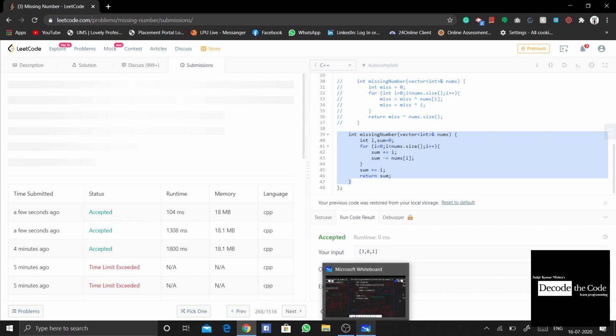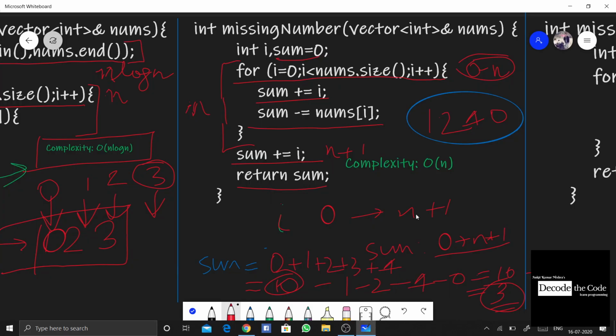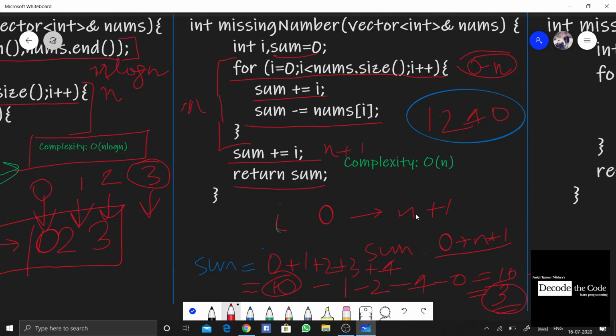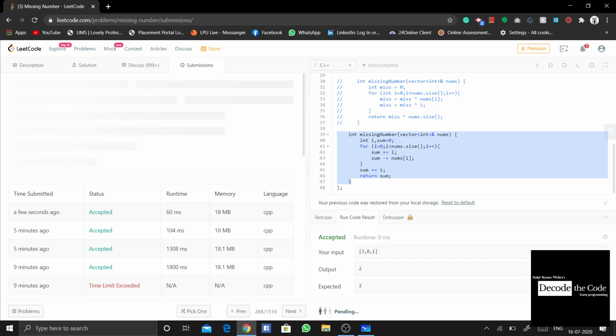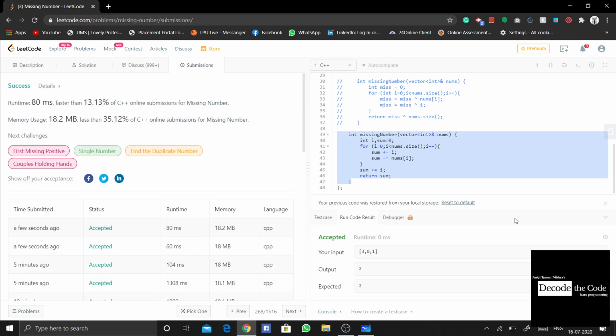Meanwhile, as usual, you can just note down this code. If you are working with me, I would recommend you do so if you have not done so. And you can see the runtime is slightly greater than the previous one. No, it's not slightly greater. I thought it was, but it's still in the range of 60 to 80.